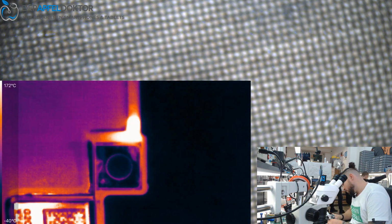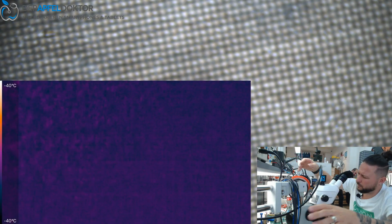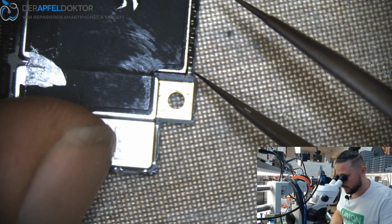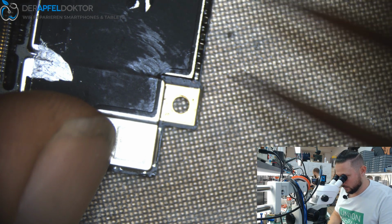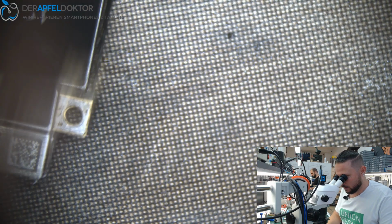Should be... no, it's not. Normally I have it in my head, I did one before, I think on Friday, and I think it's 1V8IO. Okay, so let's see what about that. And we see, yeah, this cap is already, do you see, it doesn't have much contact, and it looks like the overflow already blew up. So put it away, get it away,